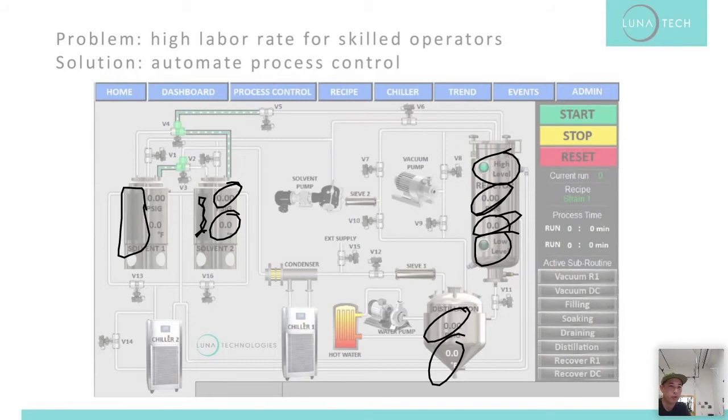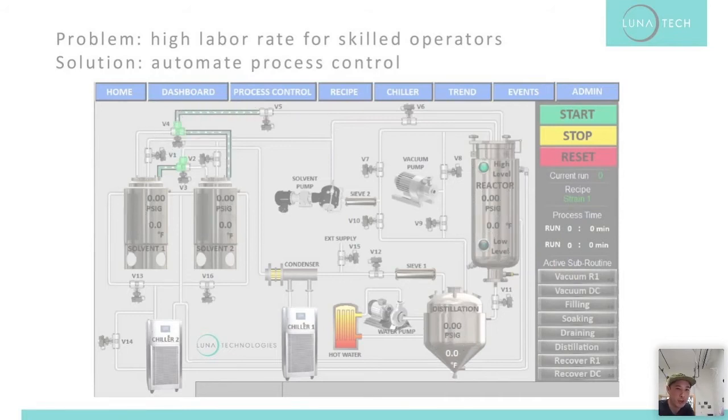All the valve statuses are constantly being monitored, and they'll give you feedback. So you can see over here on the left side, this valve is open in one direction, and it shows you what the flow path is for that valve. So you can see that liquid can flow in that direction. And this valve over here, and all the other valves on the screen, are closed, so there's no flow right here. It's a really quick way to look at this one screen and have a good idea of everything that's going on with your system without needing to walk around the equipment,